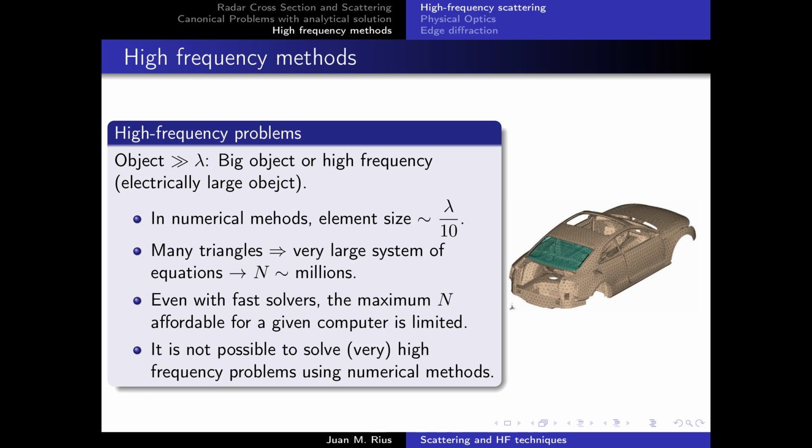Now, with fast solvers, with powerful workstations, you can analyze radar targets of up to 10, 15, maybe 20 wavelengths. It depends a lot on the methods you use and your hardware, etc. And if you use a supercomputer, you can analyze objects of hundreds and thousands of millions of unknowns. But high-frequency techniques are still interesting because they are widely used to analyze many kinds of antennas, like reflector antennas, for example,